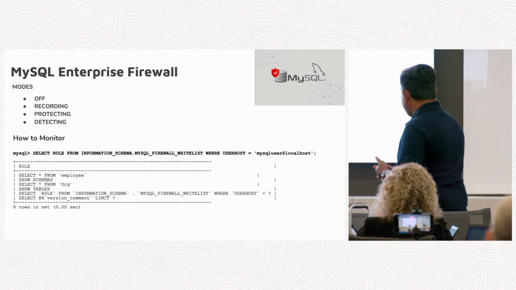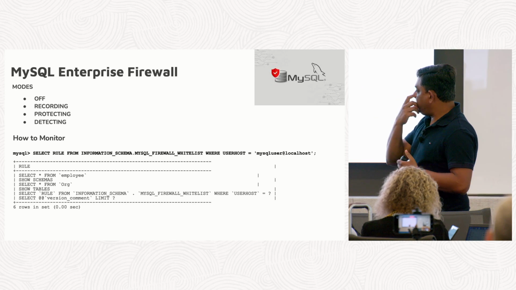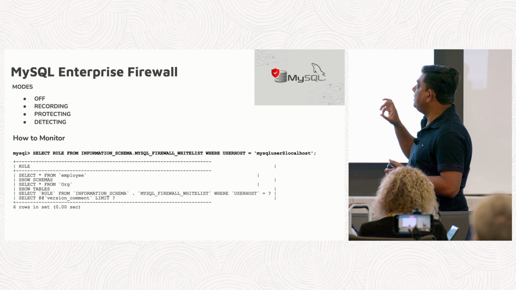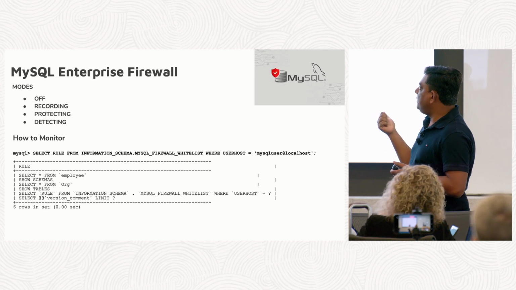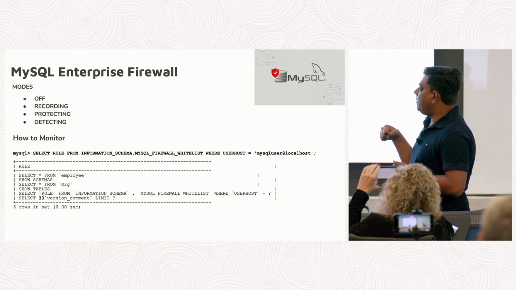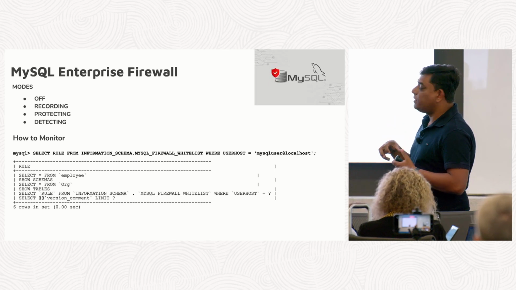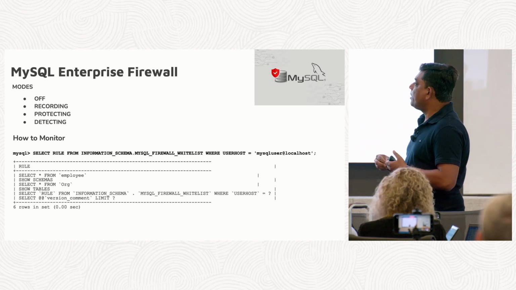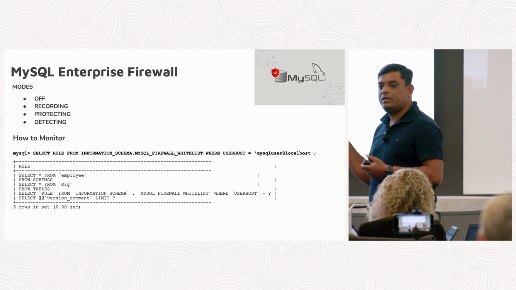And coming to one more interesting feature, enterprise firewall. This is available in the enterprise version. So wherever you see enterprise, it is not in the community version. You need to have a license from MySQL. This is an interesting tool which is very beneficial if you're worried about attacks in terms of SQL injections or unauthorized access to a database. It has different modes. Once you install the plugin, and the next slide will talk about the plugin,